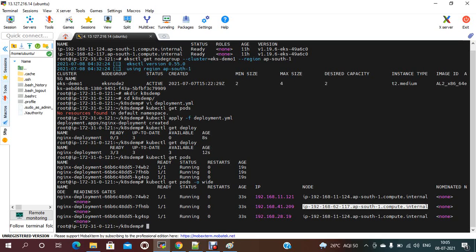Okay, like this we can check which pods are running on which nodes. Now after this I have to stop, for some reasons I don't want to execute any deployments on the old nodes. So now what I need to do? I need to create a new node group, and whatever new deployments happen need to be done on the new nodes.